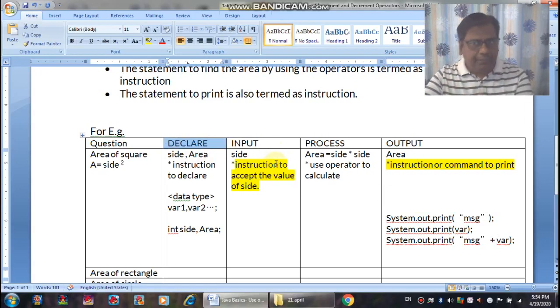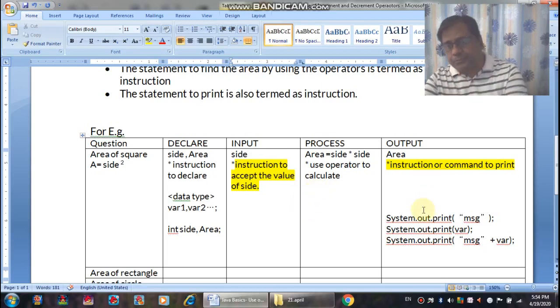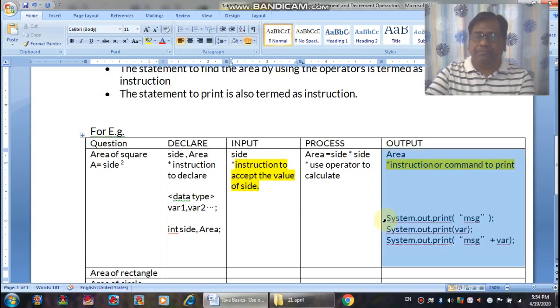The number of variables that you are using in your program should be declared first. Then you should accept the value which are required for your program. Then you should be calculating, you should be converting your formulas into the application using the operators. Then you are supposed to print the value by the help of command System.out.print.